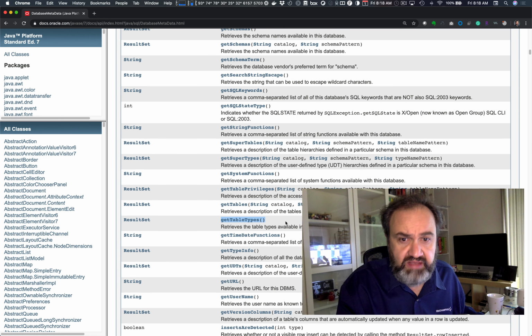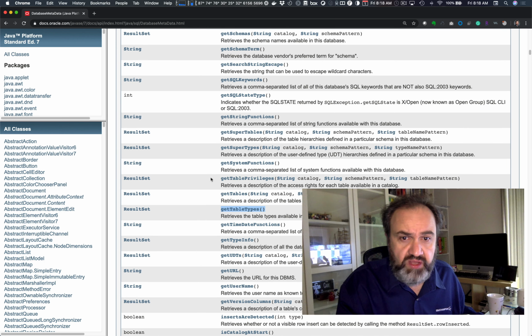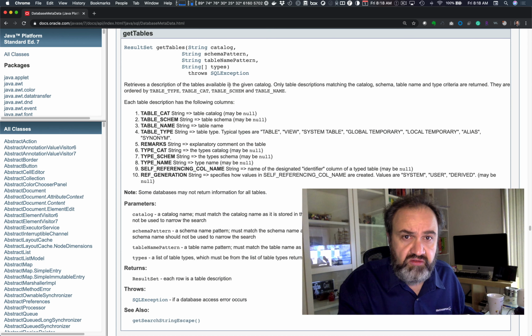And if you get the table types, the one I used was getTables. See, and here I used getTables, and so basically you see that I can specify the catalog I'm using. Here I didn't specify any catalog, so it was all catalogs. I can have a schema pattern. So when you've got a lot of tables, or when you leverage schemas, you can also filter by schemas. You can use a table name pattern as well, which in my example, if you remember,